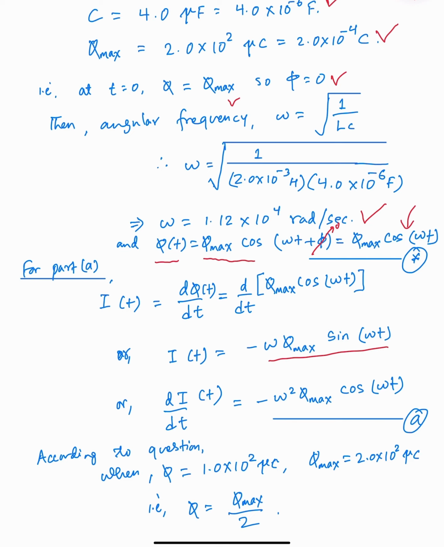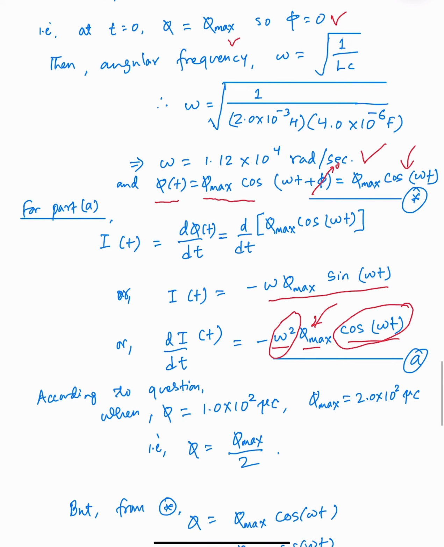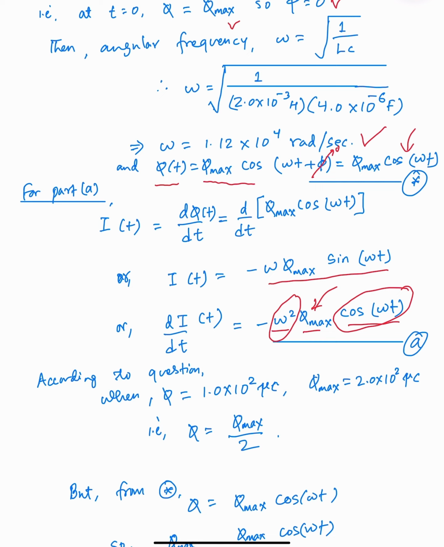Again, we need to take a derivative of that, so it will be di over dt, and it will be omega squared q max cos omega t. So we already have this omega. We kind of know q max because of the relation. So let's try to find out this. We don't know this. So according to the question, when q equals this, q max is this. That is clearly half of the q max is q. So we can replace that